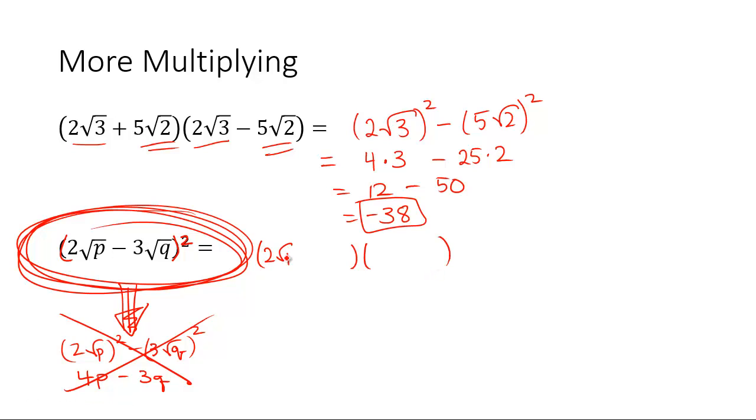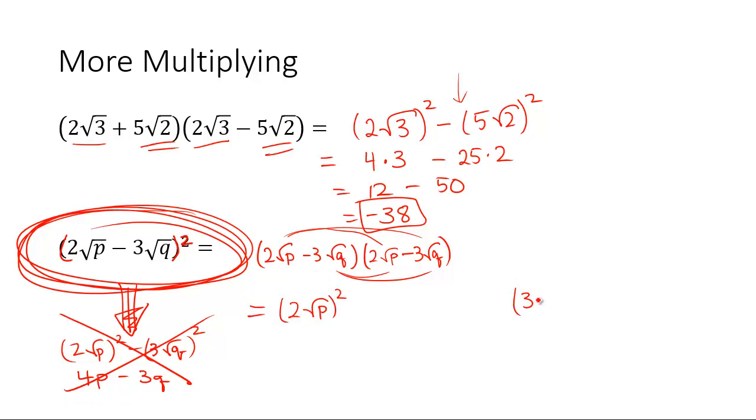So if you were to write it out and make yourself sure about it, you would write it out like this and go through each piece, expand it completely. But just like the difference of squares, where the middle term canceled out, remember this one, the middle term doubles up. So really we're going to be left with the square of the first term times itself and the square of the last term,